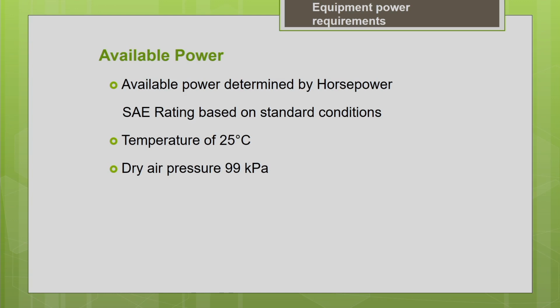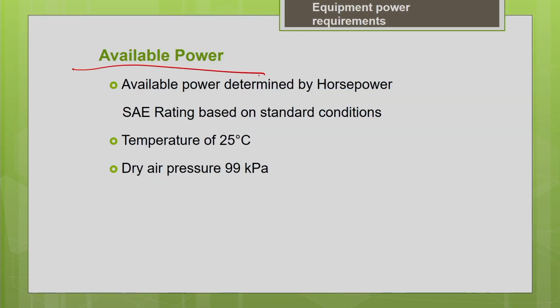So what is the total power required by the machine to overcome the different resistances in the project site, in the underfoot conditions, say your surface resistance or penetration resistance or a grade resistance. All these resisting forces which are opposing the motion of the machine, your machine should overcome. For that, it should have sufficient power. So what is that power requirement? That is what we have estimated so far. Now we are going to look into the estimation of the available power.